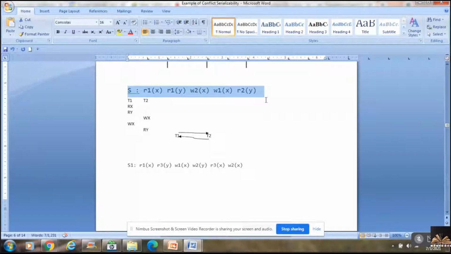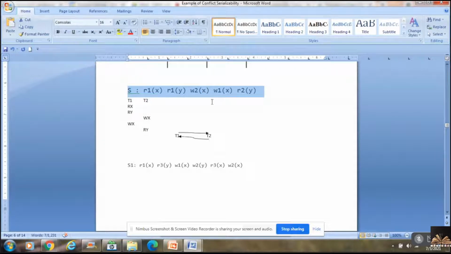Whenever there is 1 over here, R1, this particular read instruction is with respect to transaction T1. And whenever there is 2 here, this particular instruction belongs to T2.